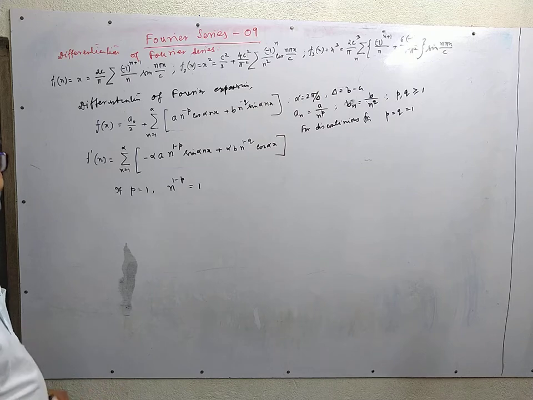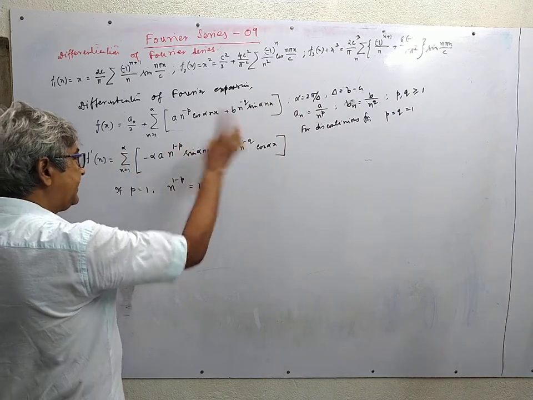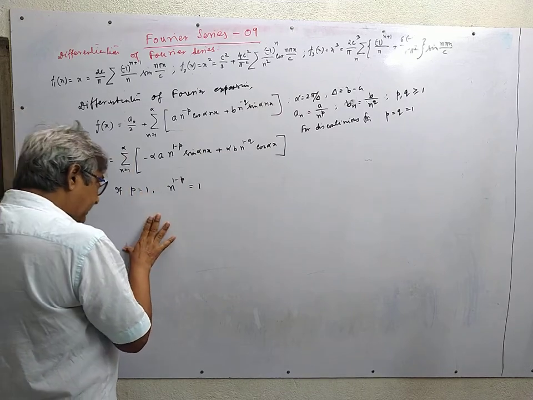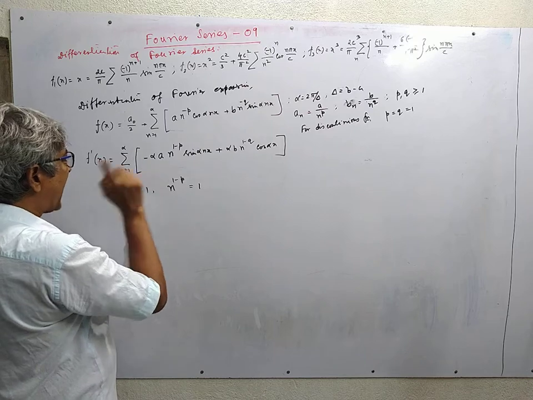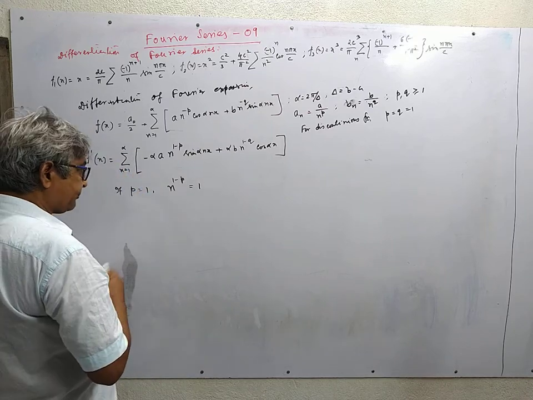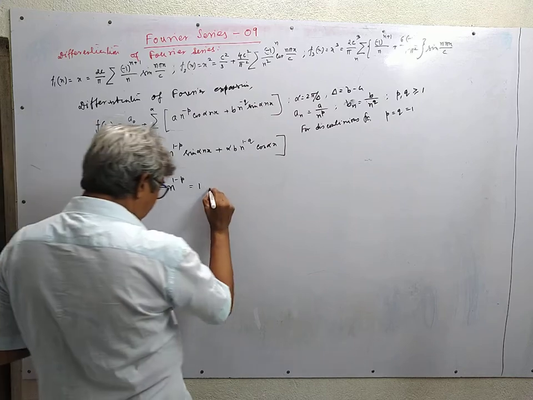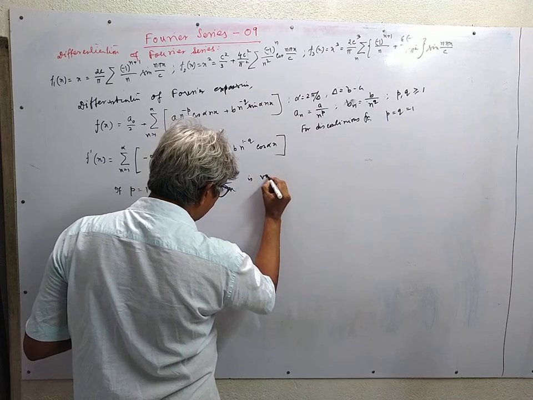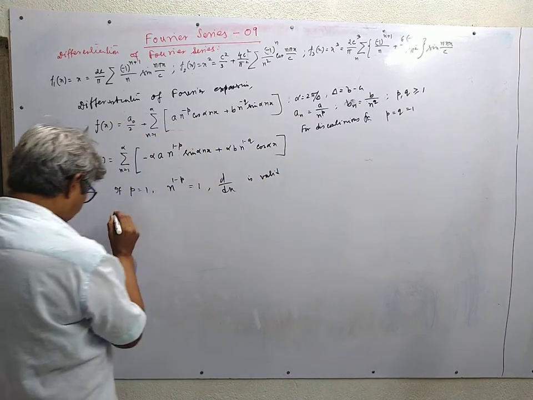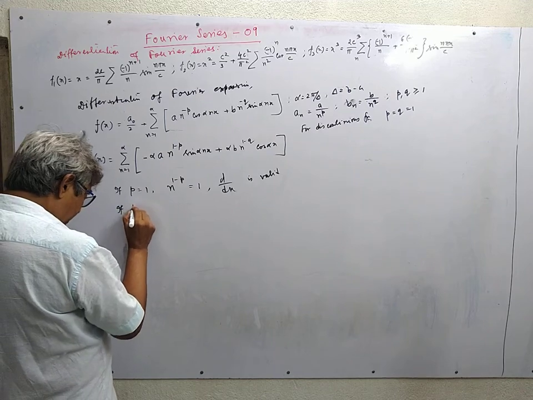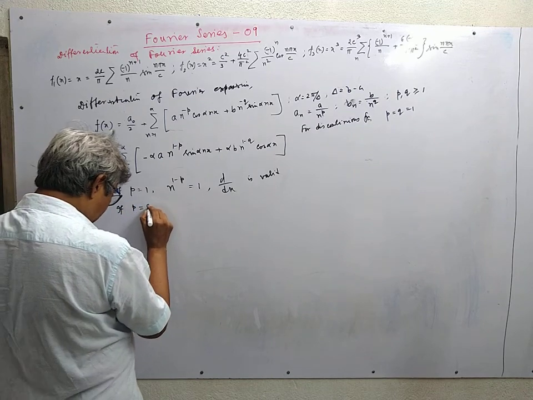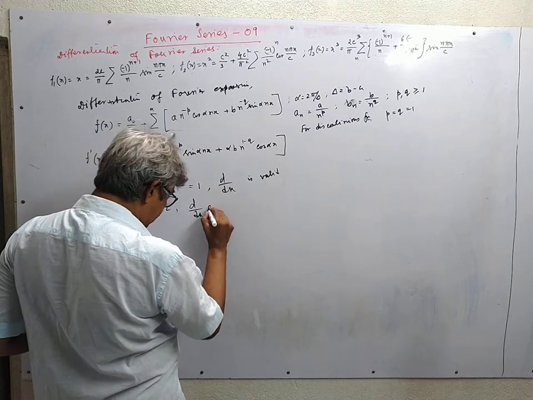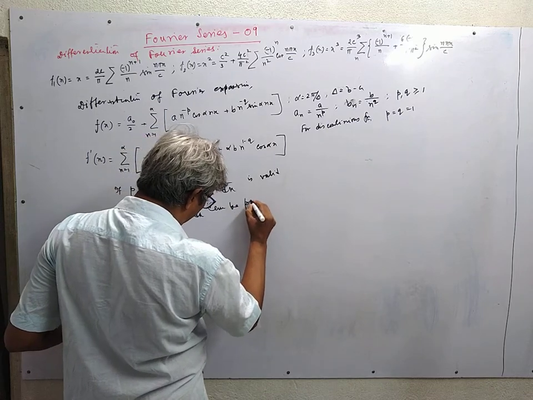If p and q are greater than 1, then we can differentiate the series at least once. Say for the case p equal to q equal to 1, then d/dx is not a valid operator, or does not give you the correct result. If p is equal to q is equal to 2, then d/dx can be performed,